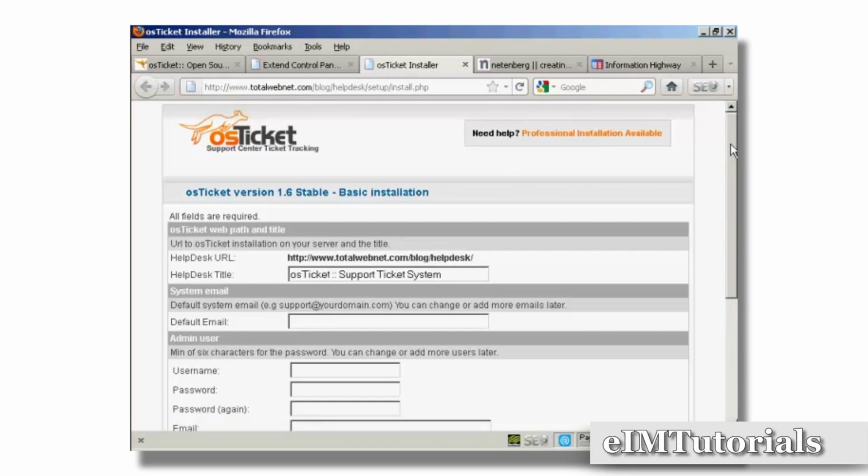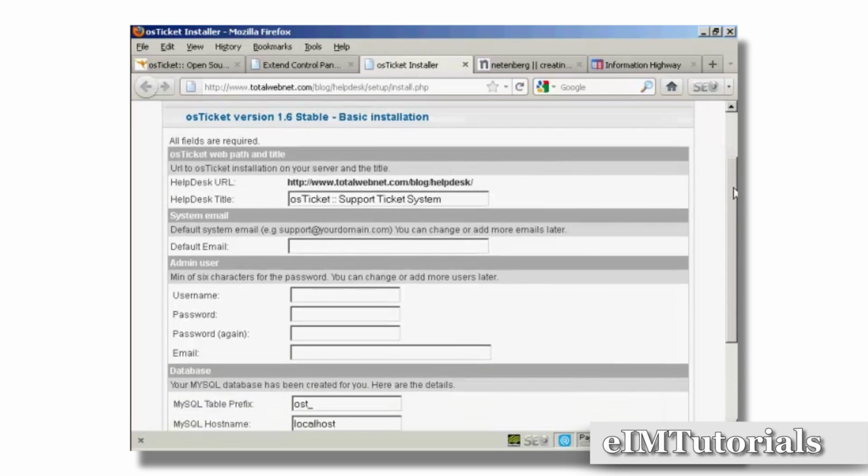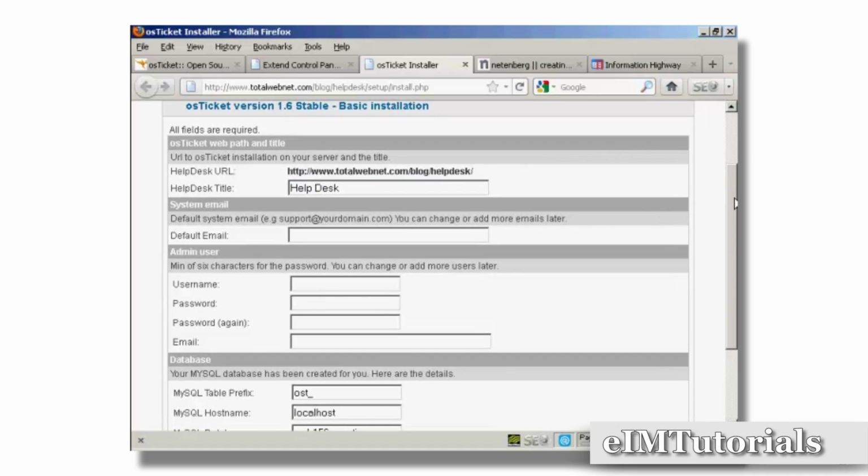It takes you to this installation page, and you can see first of all it's going to give the helpdesk URL and the helpdesk title, and I'm going to rename this helpdesk. Then you want the system email, and generally, if I was setting this up for real, I would probably have an email address that was at the domain. Because this is just a demonstration, I'm going to put my Gmail address in here,